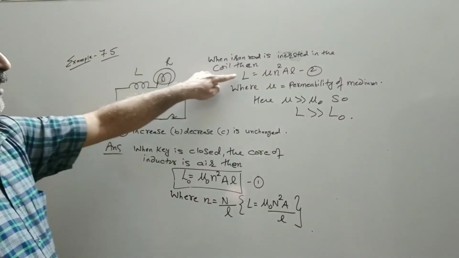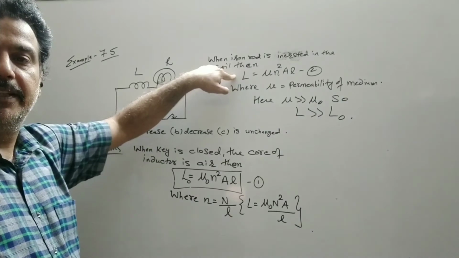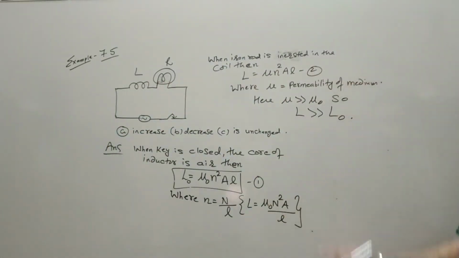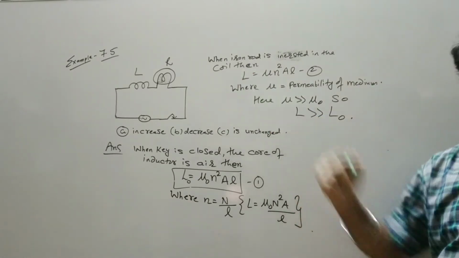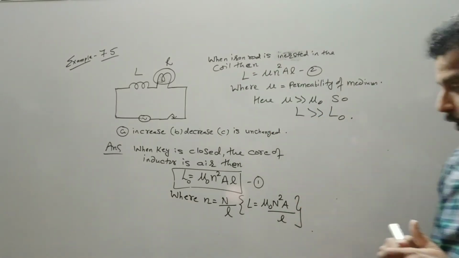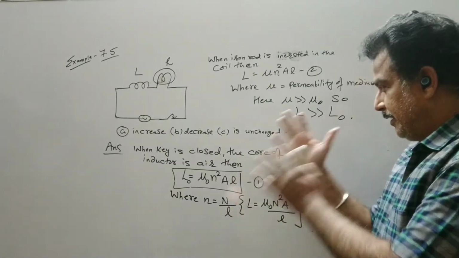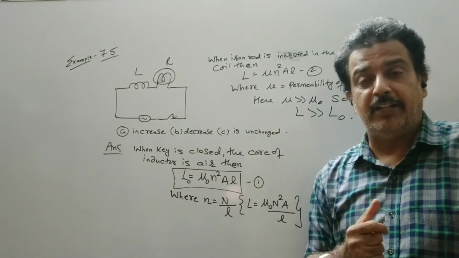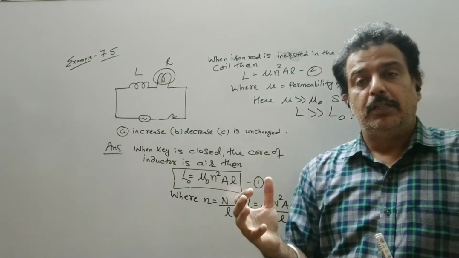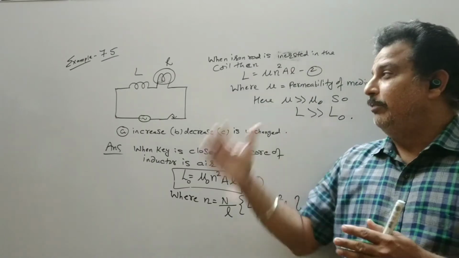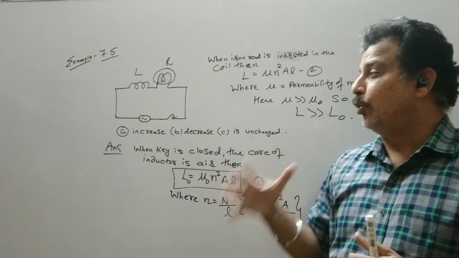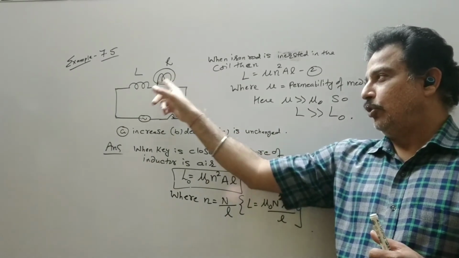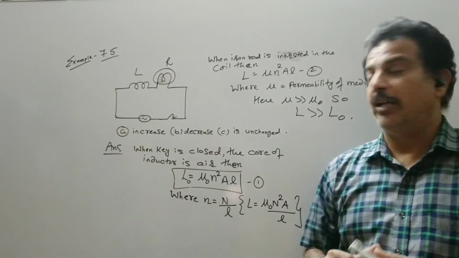Therefore, the inductance increases, self-inductance increases, and we know that the self-inductance also increases because the magnetic field has also increased. So either this can be the reason that the self-inductance of the coil increases. Self-inductance means the back EMF, or there will be a self-induced EMF which will oppose the growth of the current. So the glowness or the brightness of the bulb will decrease.